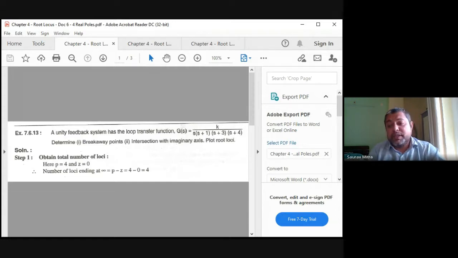Now you can do the same thing by putting 2 real poles on the negative side and 1 real pole on the right half of the s-plane. That means you can take the poles as -1, -2 and +4. When you do it in MATLAB, try and see what comes.